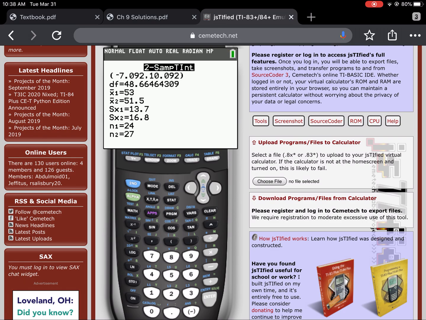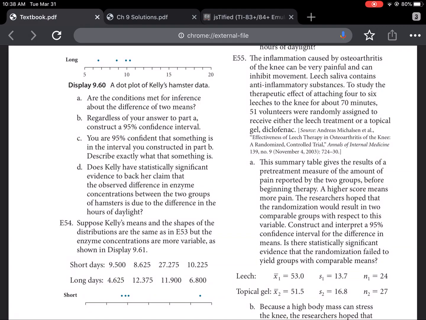So, believe it or not, this is a good result for us. We ended up with 1 negative value, 1 positive value, which means that 0 is in the confidence interval. We've basically shown that these two groups are very comparable. You're almost just as likely to have one group be 7 units higher than the other, or as much as 10 units lower than the other, or vice versa. So that's what we want. We want 0 to be in the interval. We want this interval to be as even around it as possible so that we can say, yes, the two groups are equal. So in terms of pain going into the experiment, they did a good job of making sure